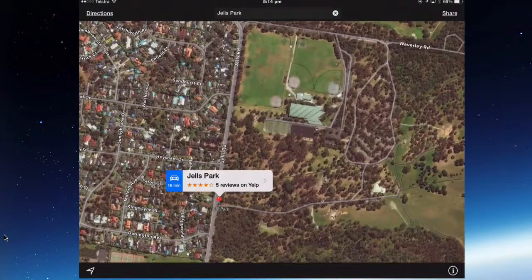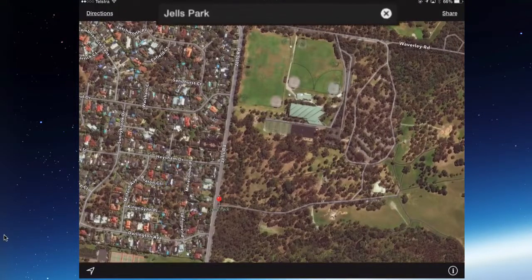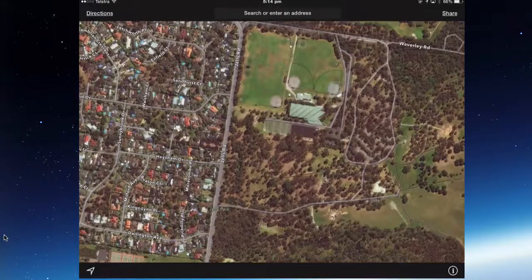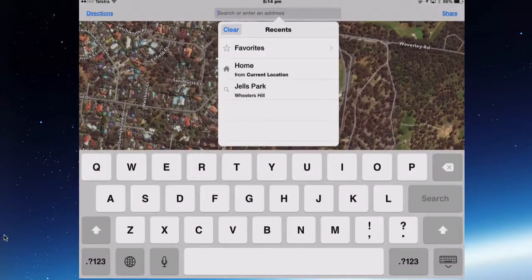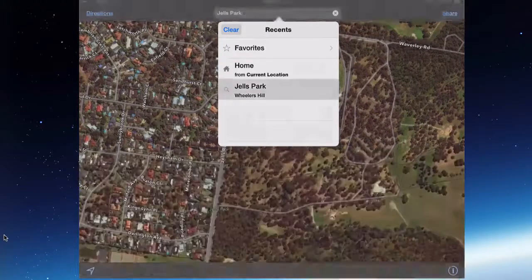Can't move the pin. The only way I can delete that pin is to delete the search reference at the top there. So tapping across will delete the pin and delete that search. But if I go back in, it's going to be part of my recents. If I want to keep that, I can tap it again,